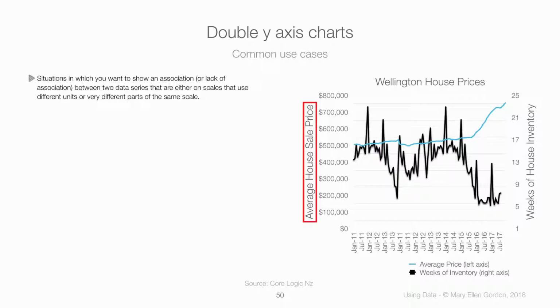So for example, average house price here is shown in dollars ranging from 0 to 800,000, where weeks of inventory is shown between 1 and 25. And just to clarify, what weeks of inventory means is if we took all of the houses that were on the market at a given time and just didn't let any other houses come on the market, given the average rate of house sales, how long would it take us to exhaust that inventory? So down here, it would only take 5 weeks to run through all of those houses that were currently on the market, whereas back here, it would have taken much longer, more like 15 weeks to run through all of